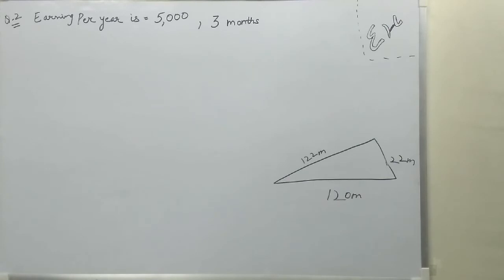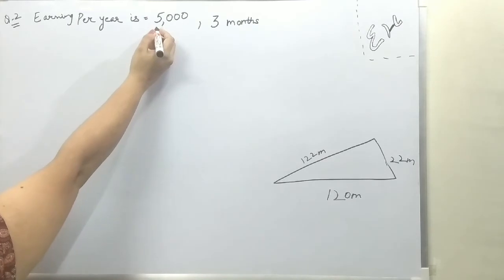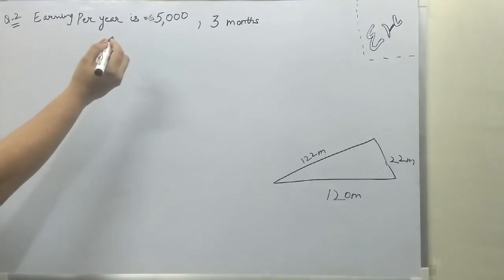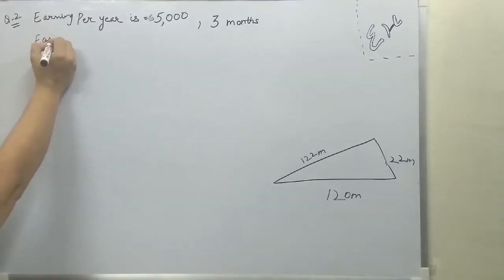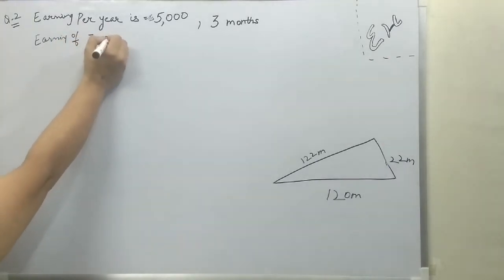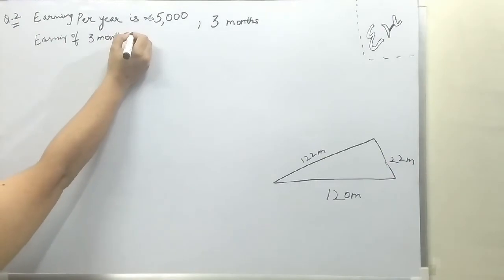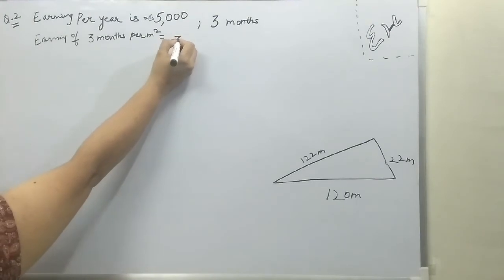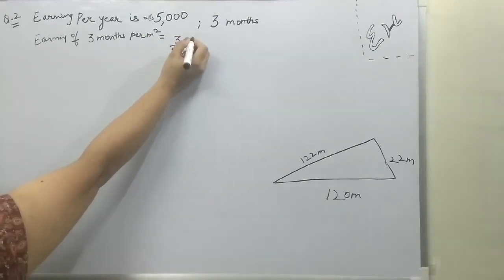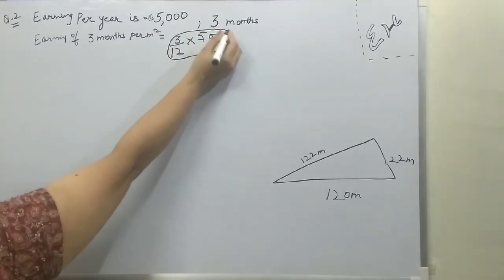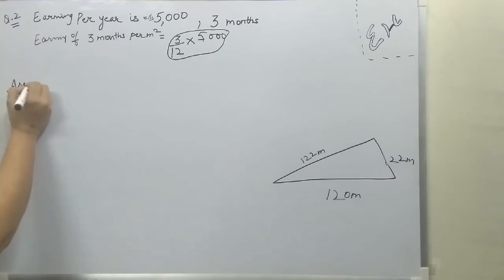इसमें दे रखा है कि उसकी जो अर्निंग आती है पर ईयर 5,000 रुपीज आती है ट्रायंगुलर वॉल से. तो कंपनी ने उसको 3 मंथ्स के लिए हायर किया वॉल को. तो 3 मंथ्स का अर्निंग कितनी हो गई? अर्निंग पर मीटर स्क्वायर दे रखी है ऑफ 3 मंथ्स पर मीटर स्क्वायर इज 3 मंथ्स को हमने ईयर में कन्वर्ट किया 3/12 इंटू 5,000. Now first you will calculate the area of a